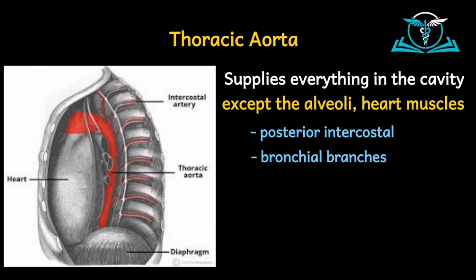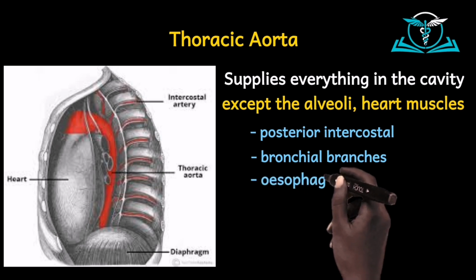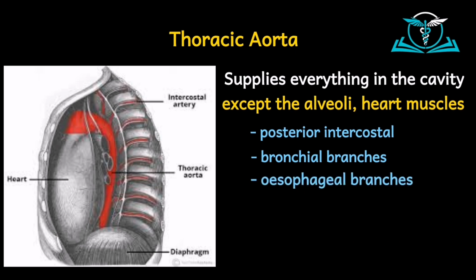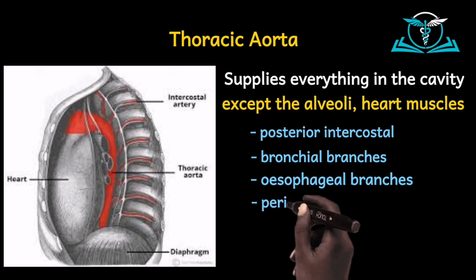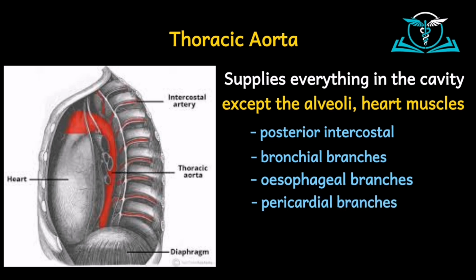Then it supplies the parietal pleura and sometimes the visceral pleura. Then it gives esophageal branches, because remember we are supplying everything in the chest cavity. There is the esophagus in the chest cavity, and it gets its blood supply from the thoracic aorta as it journeys down to the diaphragm. What other structure is in the chest cavity? The pericardium. And so the thoracic aorta gives pericardial branches to the pericardium, and then it also gives other mediastinal